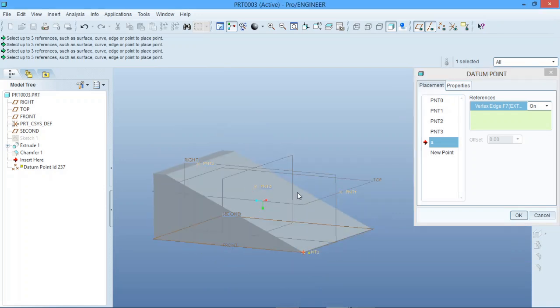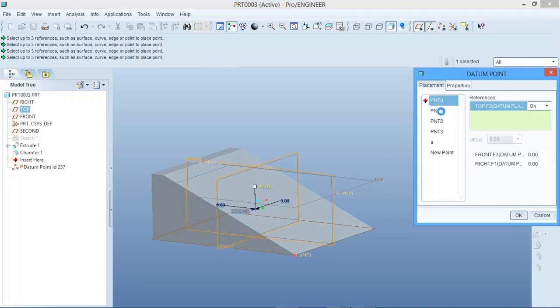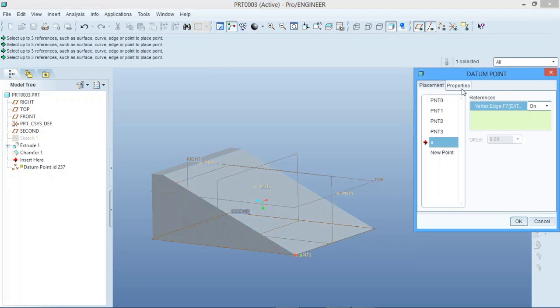So sorry, second is the actual datum plane. And then sorry, here's point 3. So PNT3 is that one there, and so you can change the names or you can use them the same. And properties, this is your point feature name. So if I change this to, say, sweep points,